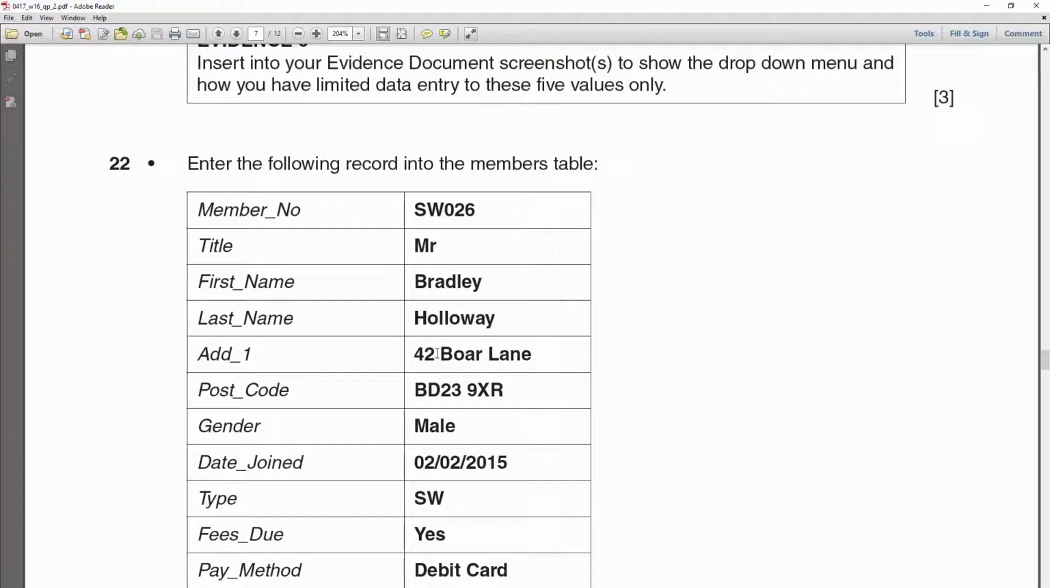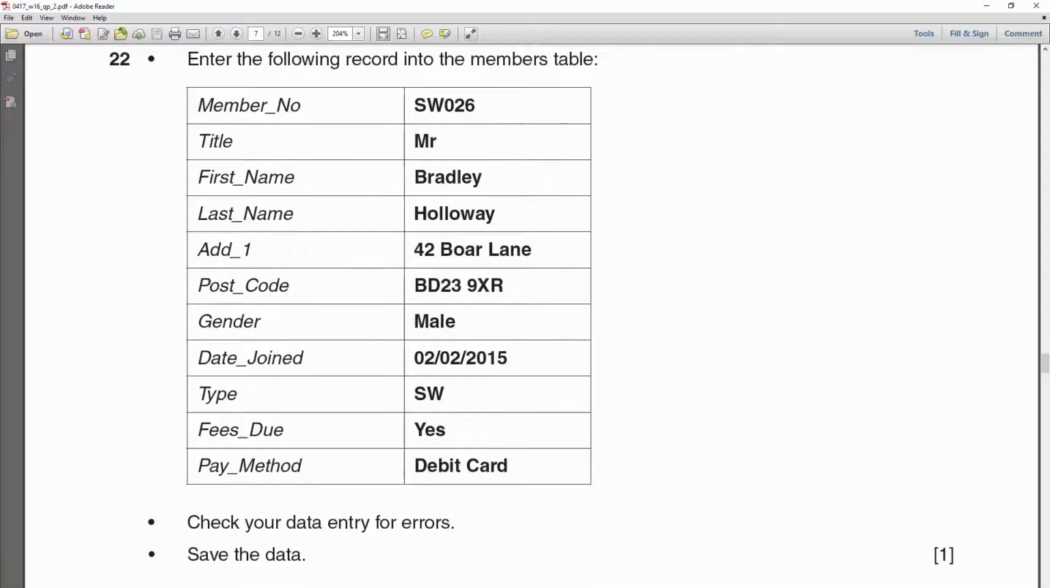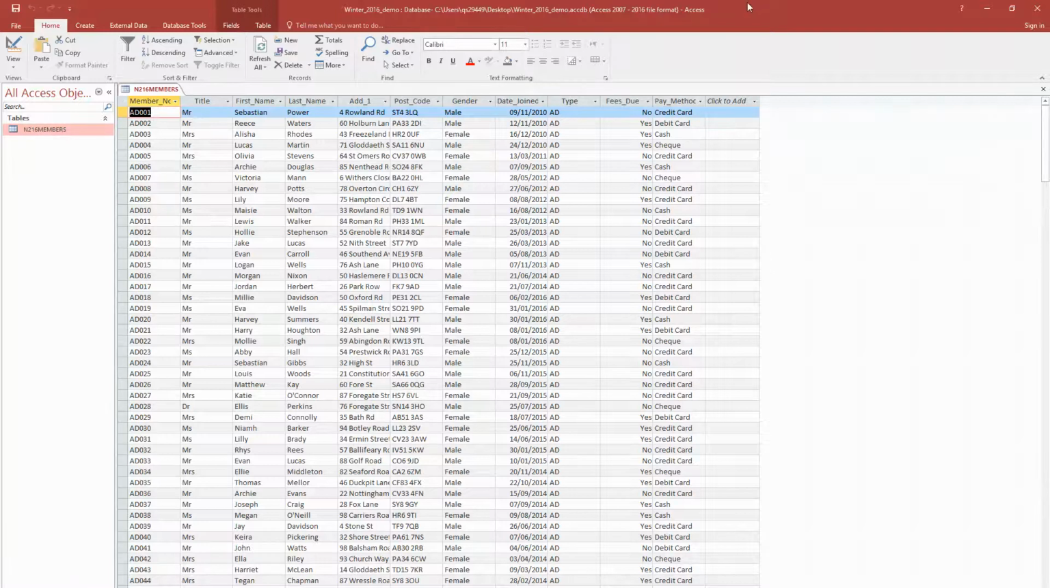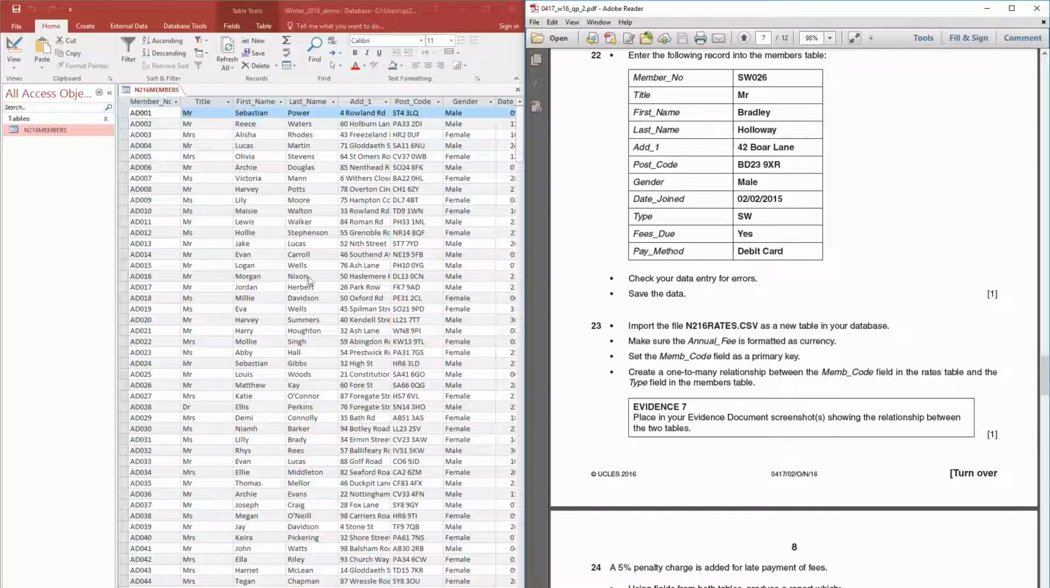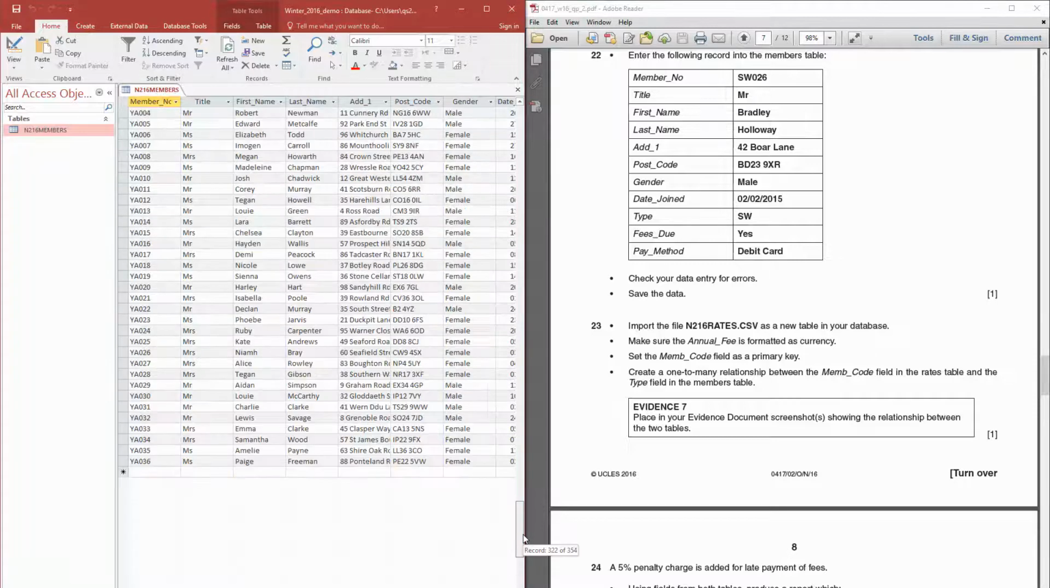Enter the following record into the members table. So this is very easy. You simply open your database, and I'm just going to bring this to the left here and scroll right to the bottom over here, and I'm going to enter his details. So his member number is SW026, title is Mr., first name is Bradley, surname, last name is Holloway,